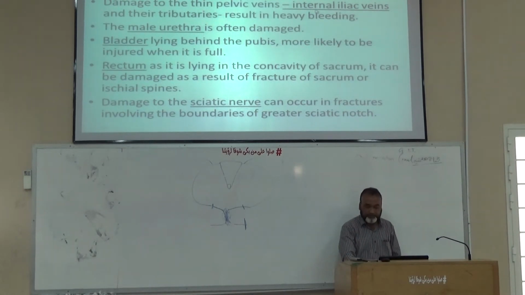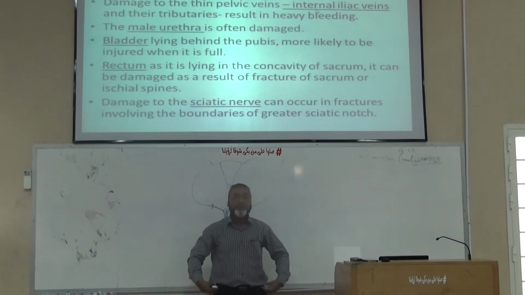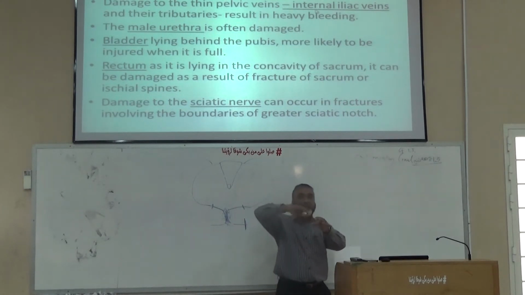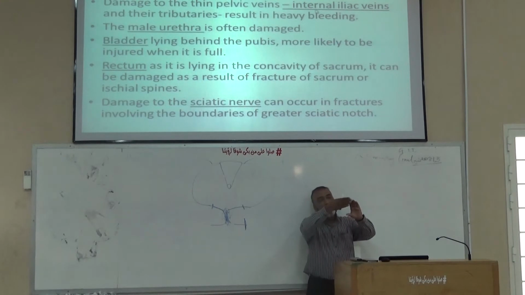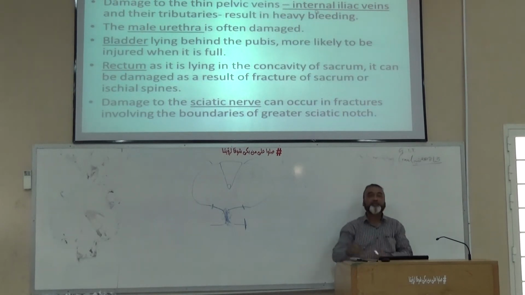Okay? Damage to the sciatic nerve can take place how? As we know, the sciatic nerve comes out of the pelvic cavity through the greater sciatic foramen. Above we have the iliac bone and below we have the ischium, and it is closed by the sacrotuberous and sacrospinous ligaments. So any incidental damage from behind to the ischial bone or to the sacrum can result in damage to the sciatic nerve. These are some types of accidental injuries which can involve different vessels or nerves.